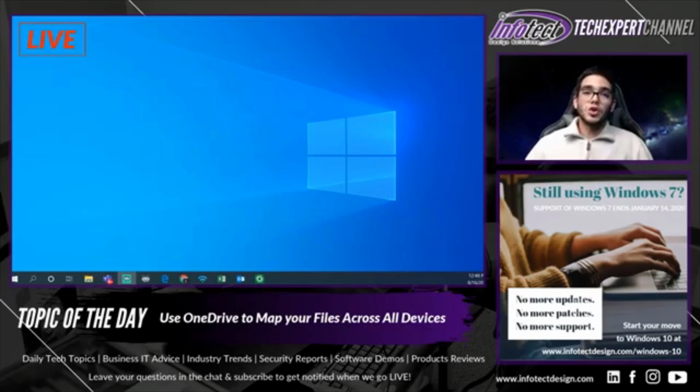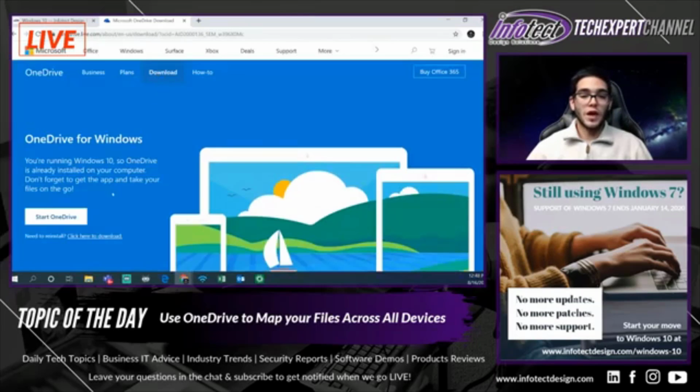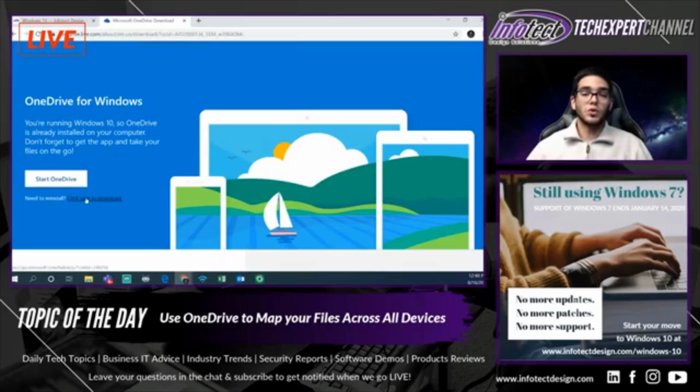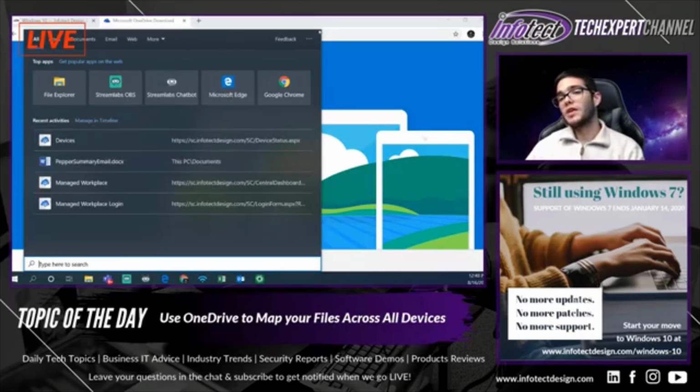So using OneDrive, if you don't have OneDrive, I highly recommend that you go and download it. You just got to go to onedrive.live.com and you'll be able to access the download right here. Once you click on that, you'll be able to click here to download. It will download the installer. You just run the installer, it will install OneDrive. Once you've done that, you'll have to open the application, so you can just type in OneDrive there, and then you'll be able to